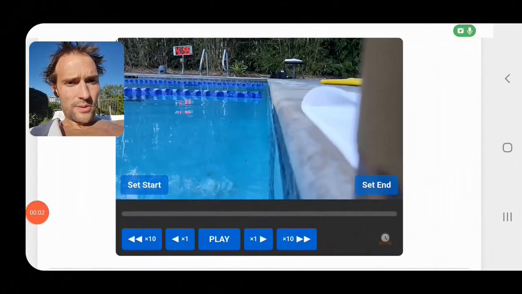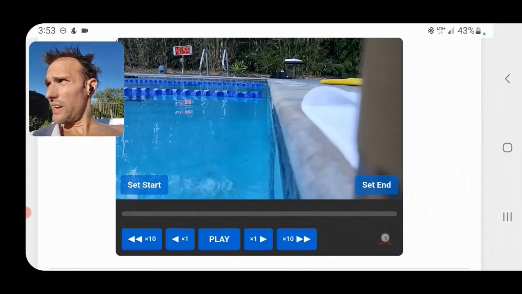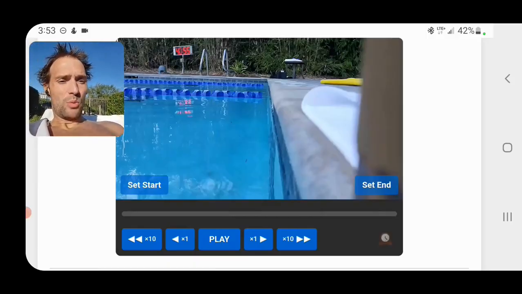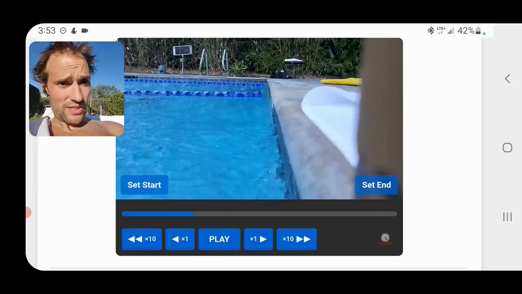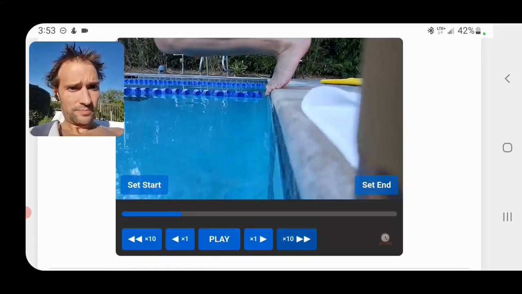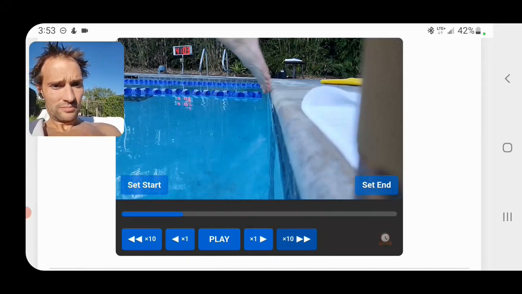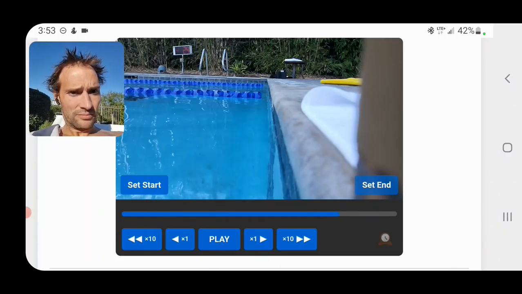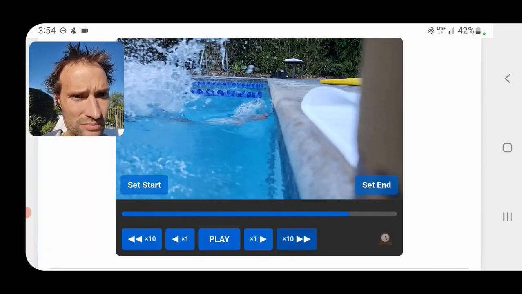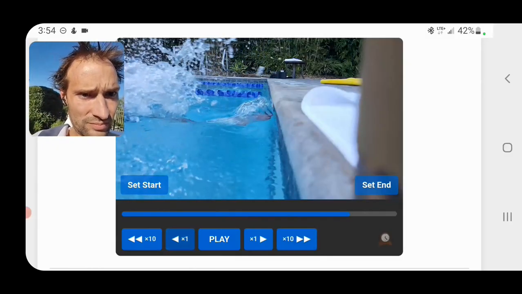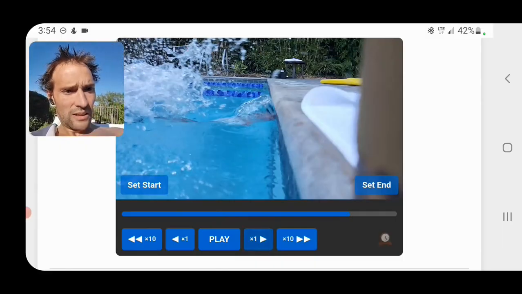All right, so let's do this. Fourth day of the year. Kind of all out, I don't know. We'll see what it is. I was in a decent mood. How it translated, I guess we just have to see. Oh, look at that. All right. Set start. All right, so